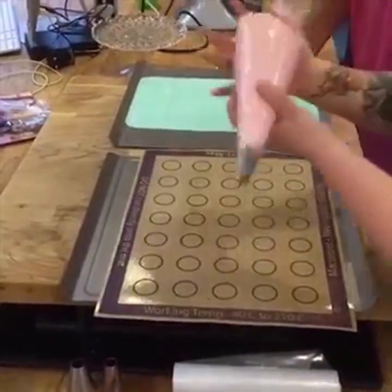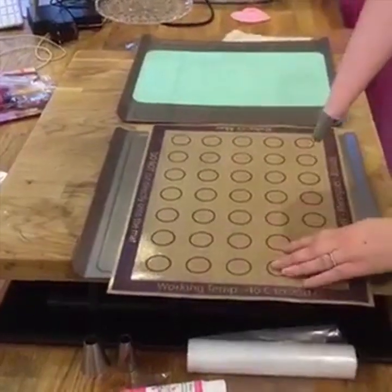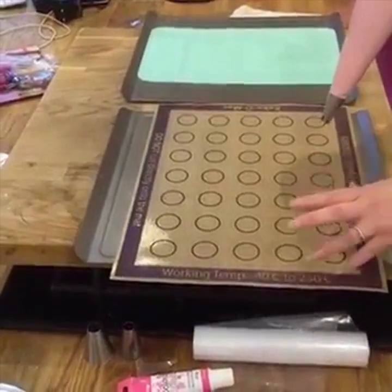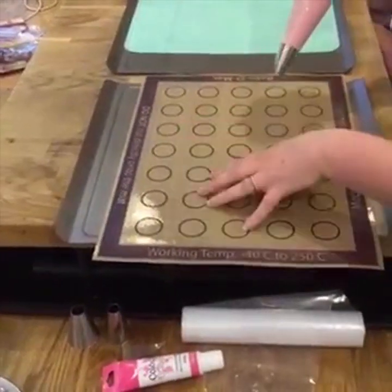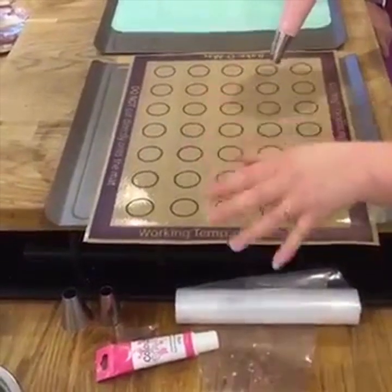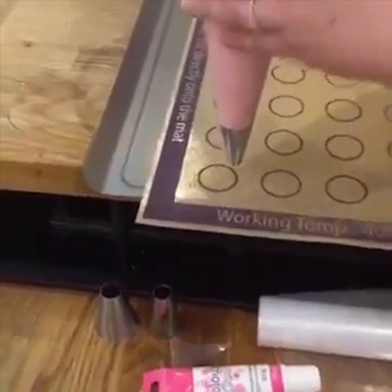So, I'm just going to put the oven on yet? Not just yet. Because these are going to need to sit for quite a while, and Carol and I will ramble for a while and talk about some of the products and things while we're waiting for them, but they need to form a skin before they can go in the oven. So we pipe them, then we switch the oven on, then we check if they're ready to go in before they go anywhere. Okay, so it's a case of straight down,